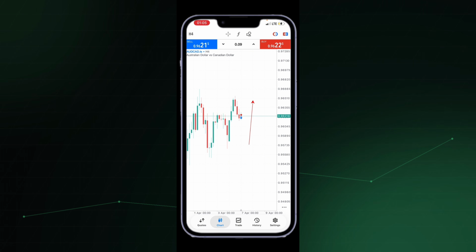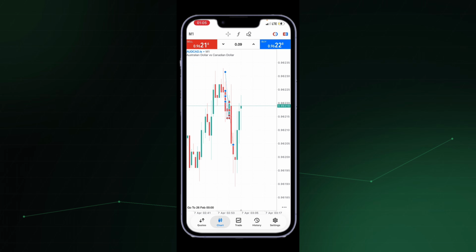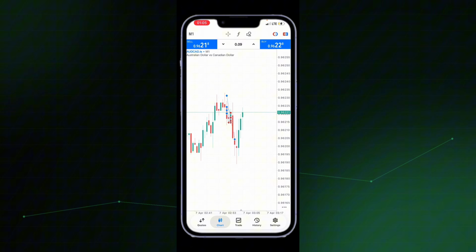So let me give you guys a quick example of how this actually works, right? The lower the time frame, the more things happen, right? As you can see on the 1 minute time frame, everything is happening fast, because each and every single candlestick you're seeing here takes 1 minute to form, right? So let me just wait for a minute, and then you will see a new candlestick form. I'll just wait for a minute, and then you will see another candlestick forming.